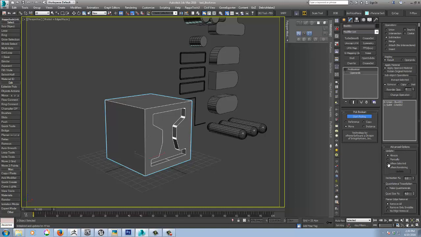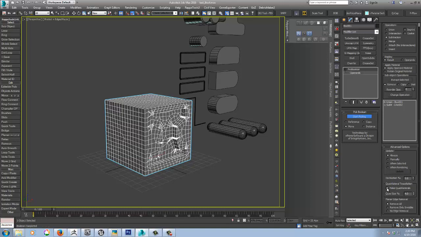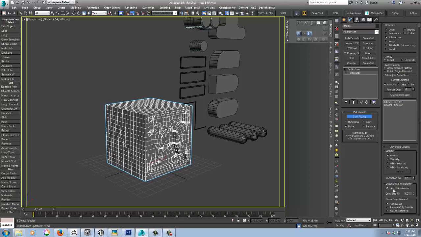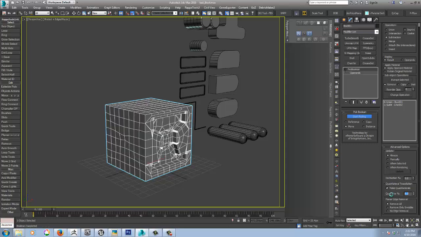This advanced options rollout here, the main two things I'll be using here are the decimation, quadrilateral tessellation. So if you make it into quads, the nature of Booleans is going to leave n-gons all over the place, so you can quad it up here. You can also do this in the stack by using the quadify modifier, but you can quadrilateralize, don't get to say that word very often, just from writing the ProBoolean advanced options. So there's that. I'm going to put that up to 8 for the time being, and you can see there